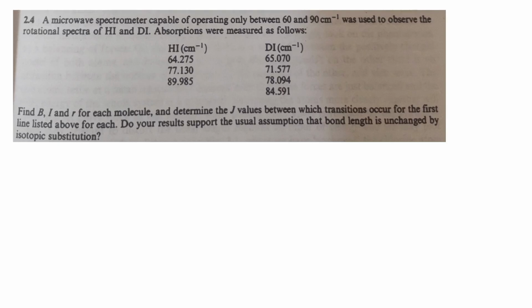The first question is: a microwave spectrometer capable of only operating between 60 centimeter inverse to 90 centimeter inverse was used to observe the rotational spectra of hydrogen iodide and deuterium iodide. Absorptions were measured as follows. For HI, three rotational lines are given. For DI, four rotational lines are given. Actually, the spectrophotometer is capable of working between 60 to 90 centimeter inverse. So from here, what you can get is the